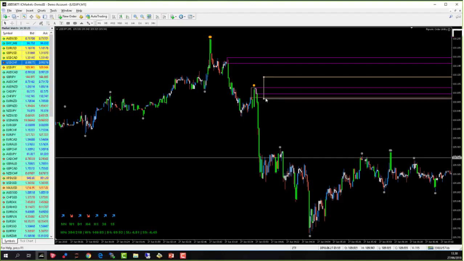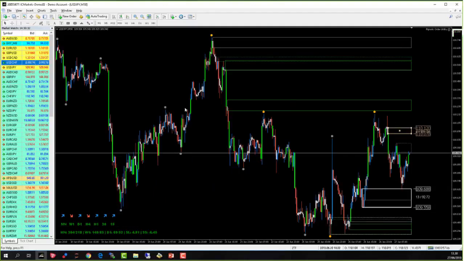You could take the wick, the lower wick here, or you could take the body. But this is typically where price is going to have a bit of a bounce on its way up. And that's pretty much how it goes. It's very simple, actually, if you don't overcomplicate it. When you start attaching indicators to your chart and trying to turn it into some mad science, which it isn't, this is when things get very, very complicated, and this is when you get overwhelmed, and it shouldn't be like